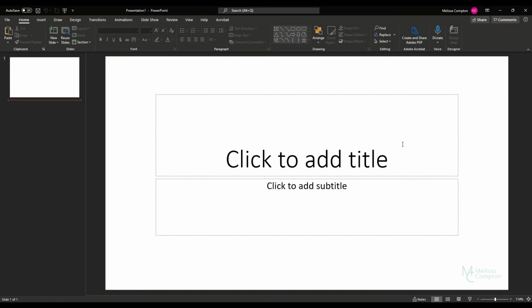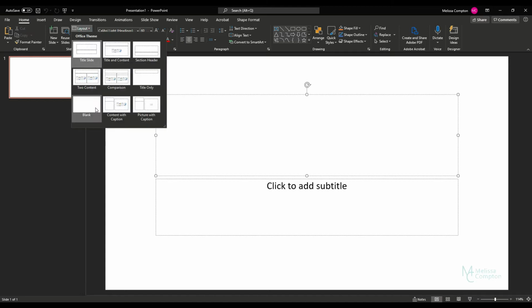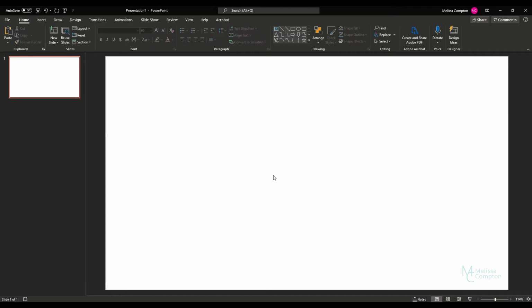So today I'm in PowerPoint and I'm going to show you how to make a custom slide design. I know PowerPoint has a bunch of default templates that you can use, but I want to show you how to do something completely different, kind of in your own style, in case you don't want to use those predefined templates. So what we want to do inside of a new presentation is make sure that we have a blank slide. So I'm going to go to layout, blank,